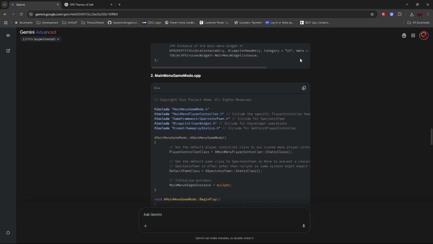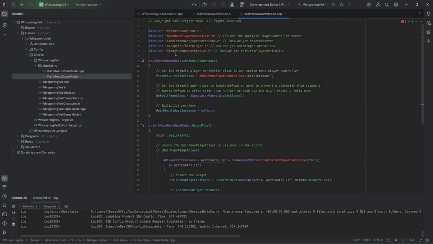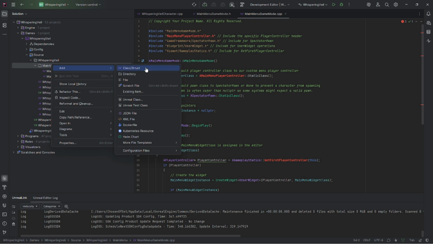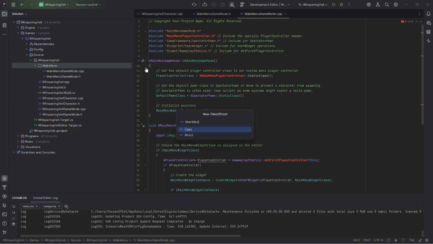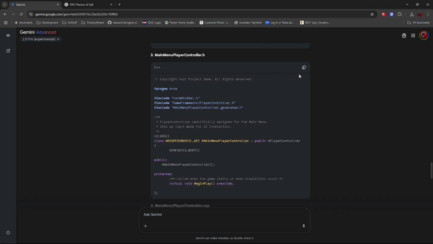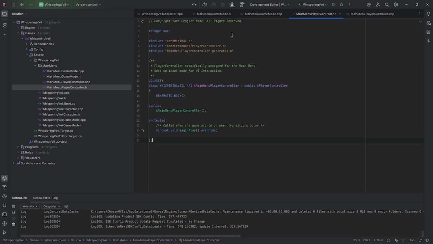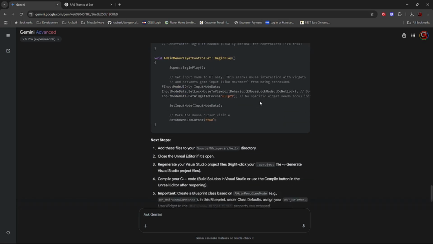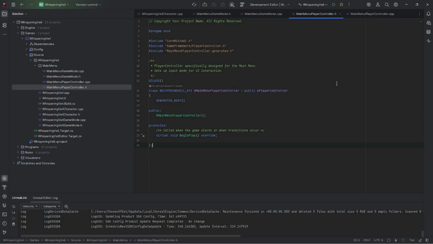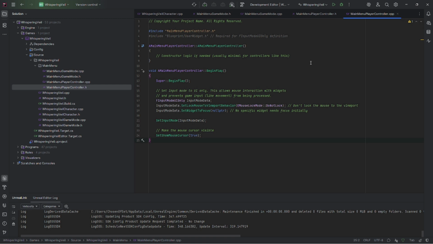It wants the main menu. Okay, so then we want our player controller. Grab that header, and that implementation. Okay, so